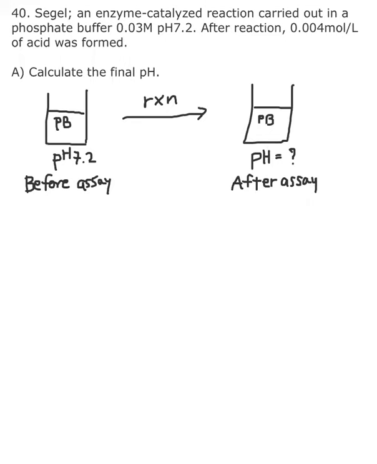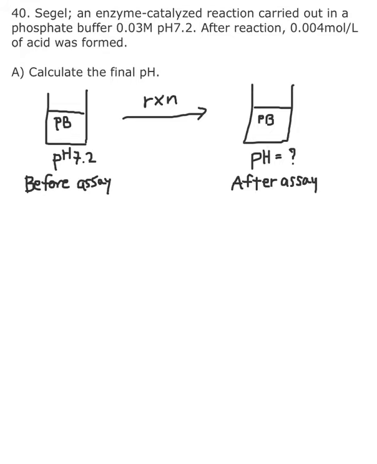So number 40 from the book, there's an enzyme catalyzed reaction that has been carried out in a phosphate buffer, 0.03 molar, pH 7.2. But after the reaction, there is an acid being formed at 0.004 moles per liter. So the question asks you to calculate the final pH. So let's imagine and break this question